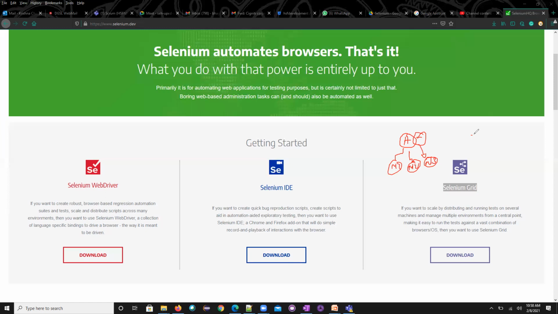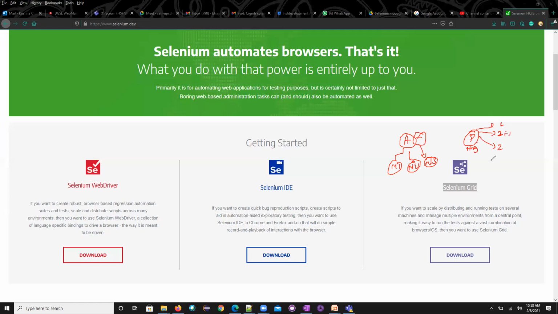So on my machine, for example my physical machine, I make this a hub, and then I can run the executions parallelly. For example, I can spawn 2 Chrome browsers and 3 Firefox browsers, or 2 Firefox browsers and 1 Edge browser.